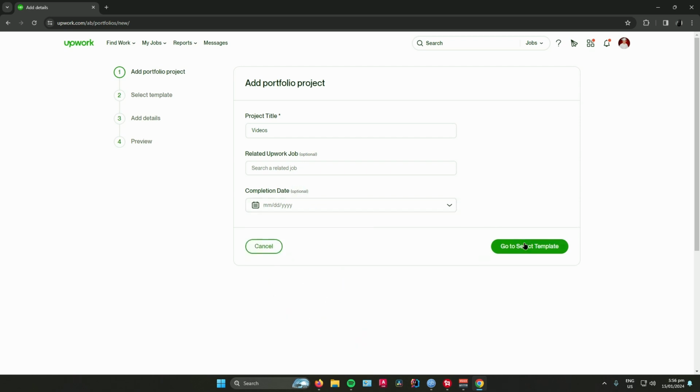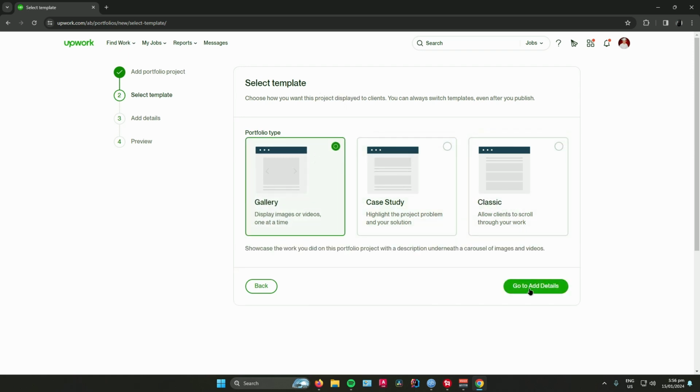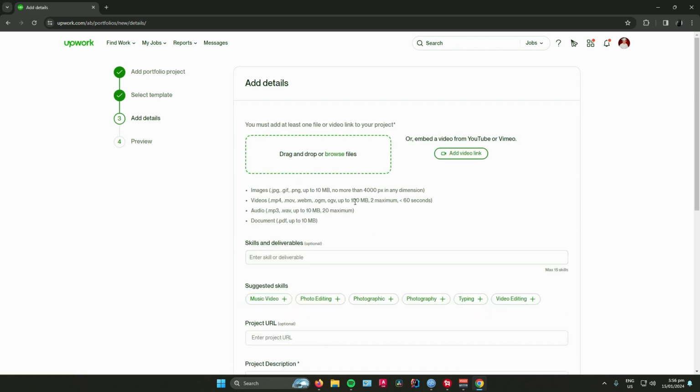So once you're done, just go to select template, and there are 3 template types that you can choose, either gallery, case study, or classic. You can choose either of these. I'll just go with gallery, and once you're done, press this that says go to add details, and next you